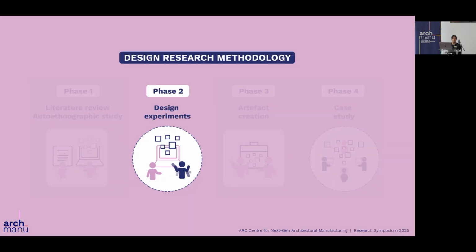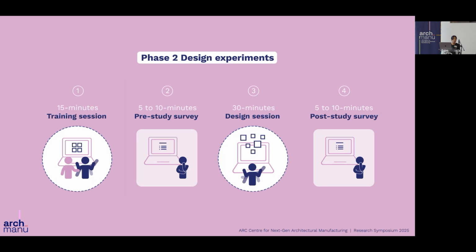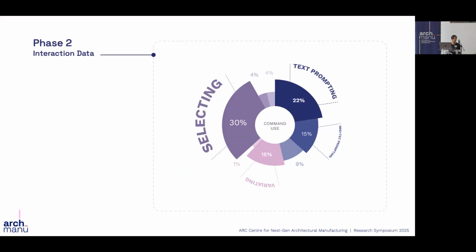Following phase 1, phase 2 implemented the model through 29 different design experiments. The purpose of this study was specifically to explore the similarities and differences between architect and non-designer individuals and how they interact, as well as how well they are satisfied with using Image Gen AI for design. What we found from the study was specifically that there were commonalities or similarities in command use or Image Gen AI use among the 2 cohorts.